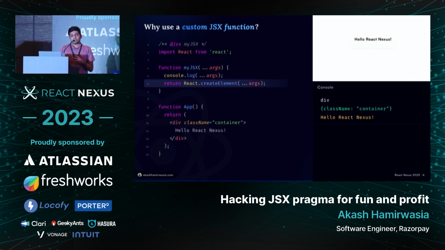So to render something back on the screen, instead of just console logging, we can introduce a React.createElement call to return some data that React can use and render on the UI. So I finally see something back on the screen. But notice how this myJSX function that I've defined is now acting as a proxy. I can introduce any code in between, do anything, and eventually I'm still returning some React element that React can